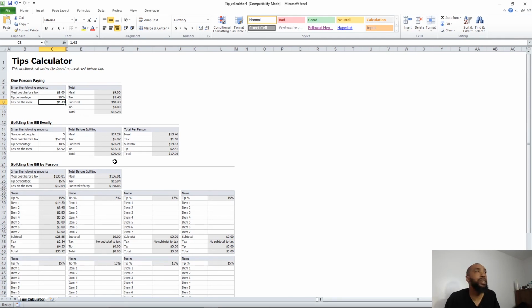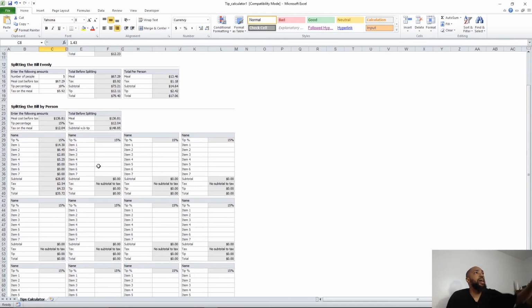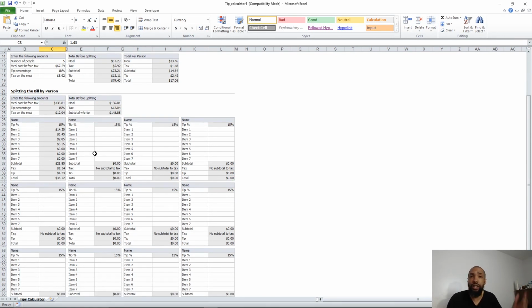Pretty cool, isn't it? So by using the template, I save myself so much time if I wanted to create a simple tip calculator. I mean, it's already done. Templates, indeed, save you time. So with that in mind,